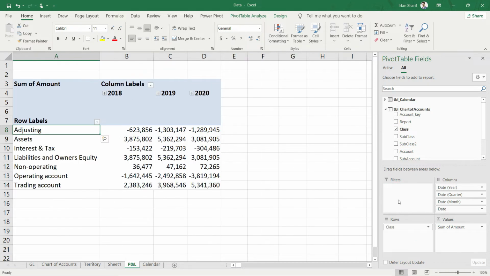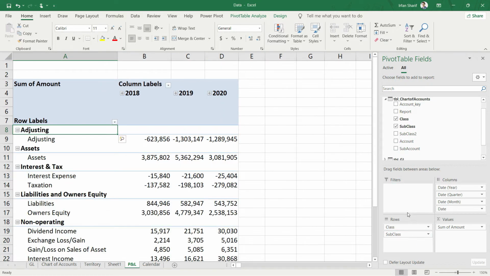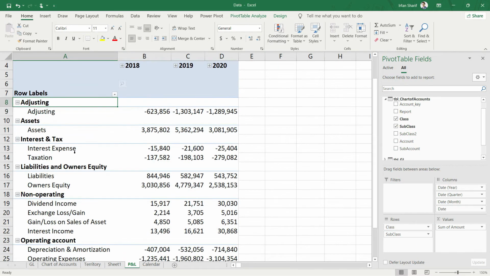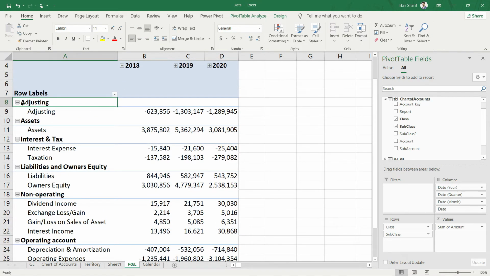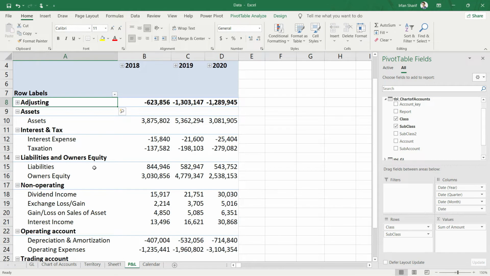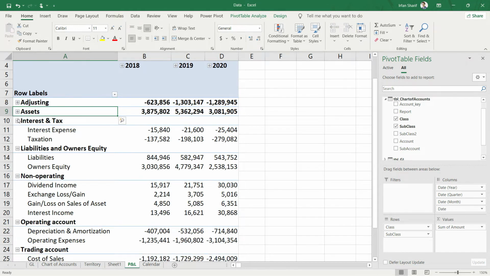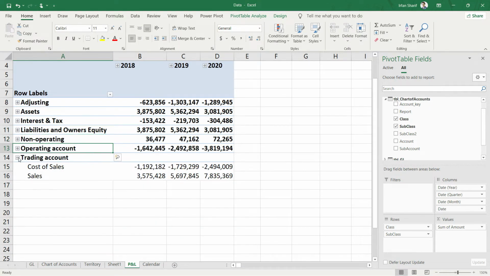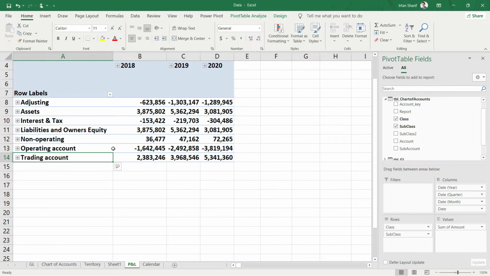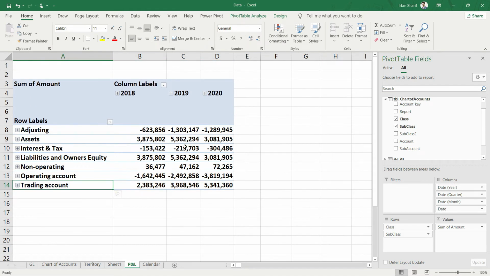Let me bring in the class, and let me bring in the subclass for a moment, only 2 for this particular moment. And you can see now that my data is available here by row, and Excel has also expanded them by subclass as well. So I can hide the subclasses for this particular moment, and we will only show them in our reports as we like. But before we move to that stage, we can notice one thing, and that is